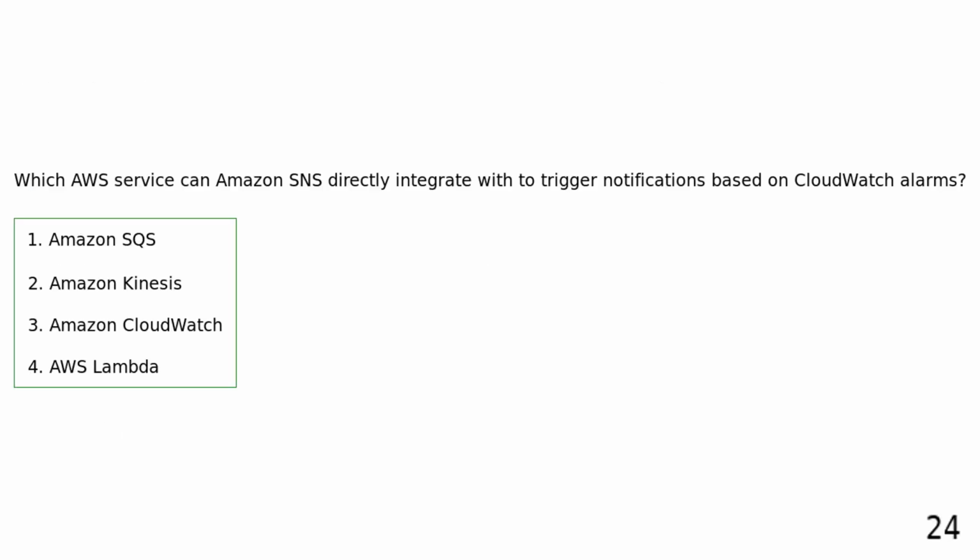Which AWS service can Amazon SNS directly integrate with to trigger notifications based on CloudWatch alarms? Amazon SQS, Amazon Kinesis, Amazon CloudWatch, AWS Lambda. Amazon SNS can directly integrate with Amazon CloudWatch to send notifications when specific alarms are triggered, enabling real-time monitoring and